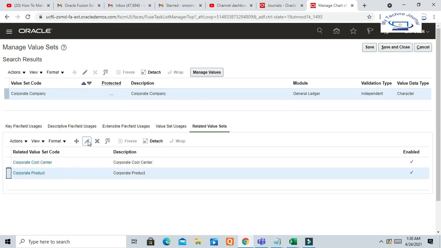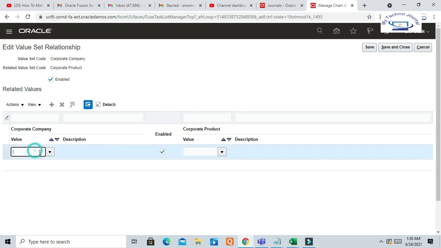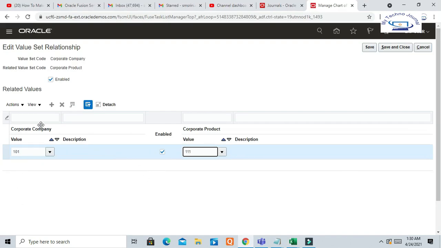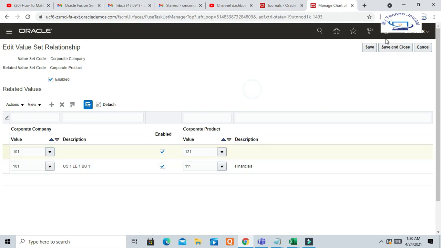Then corporate product line. In the same manner, we have to create a relationship between company code 101 and the product line. Okay. 101 and 121. Okay.